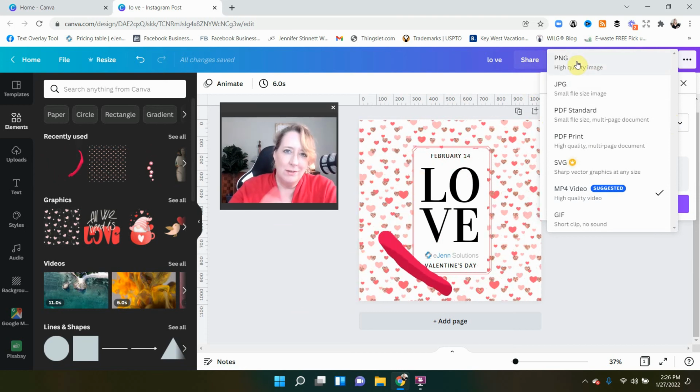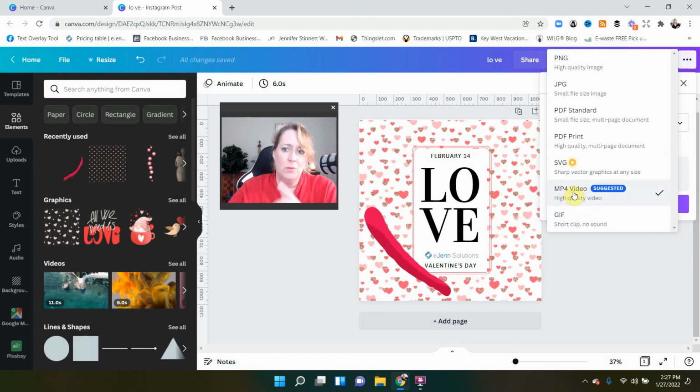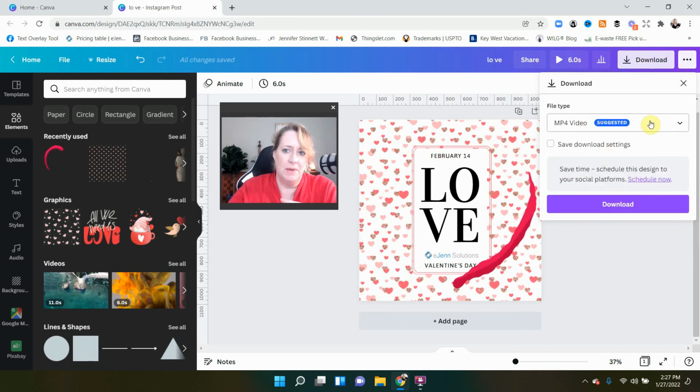But you could download it as a static flat PNG file. Most places, you can also do it as a GIF. I have not had success uploading this to Facebook/Meta, and Instagram will not take GIFs. So your best bet, and that's why they're suggesting it, is to download it in the MP4 video format.